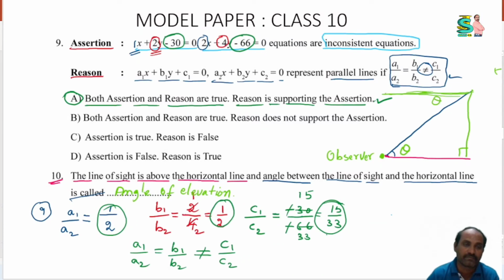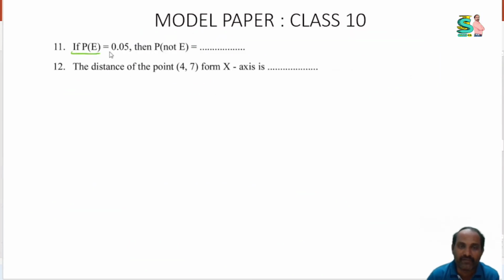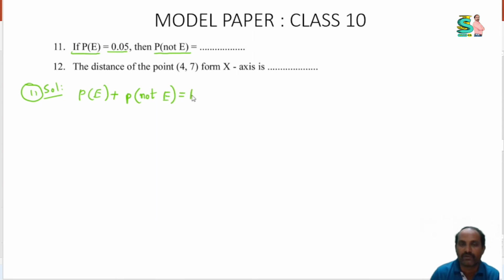Now next question. If P of E equal to 0.05, then P of not E. 11th one solution. P of E plus P of not E, the sum of all probabilities, is equal to 1. So P of E given here is 0.05 plus P of not E, which we don't know. So P of not E is equal to 1, and when you send this to the other side, you will get